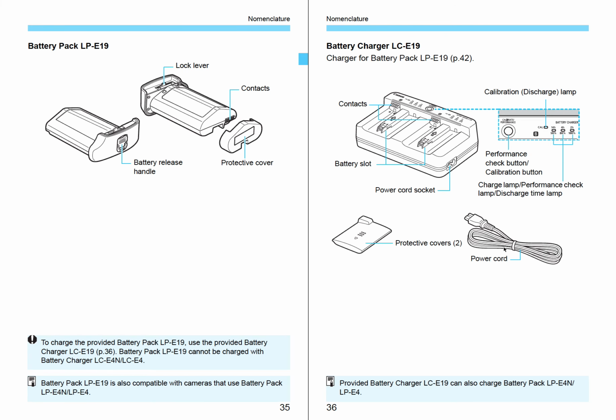So let's see what else. Of course, on this page you've got your battery. You've got your battery release handle, your locking lever that holds the battery in place, your contacts to your battery to your camera, and then a protective cover for the battery itself. You've got the battery charger with the contacts up here, the battery slots for 2 batteries, protective covers. You got 2 of them. It says power cord. You plug it here